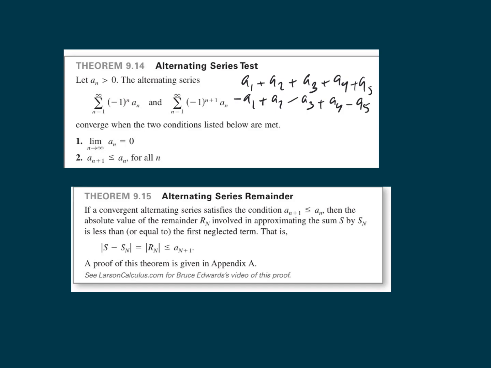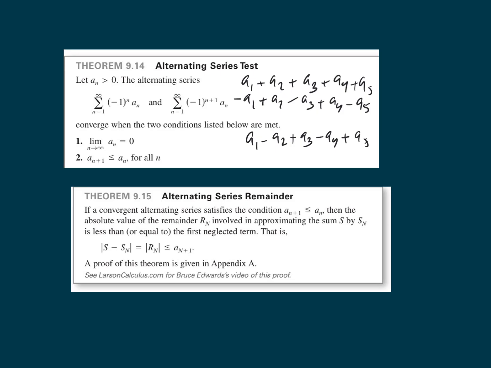This is also an alternating series, and the theorem says if you want to test the convergence of an alternating series, either this one or A1 minus A2 plus A3 minus A4 plus A5,